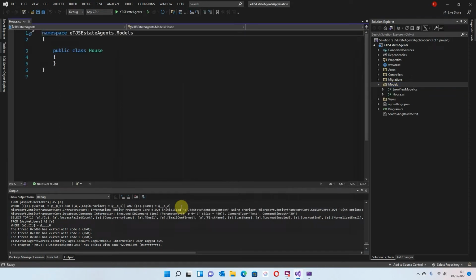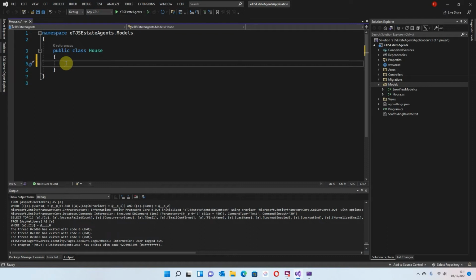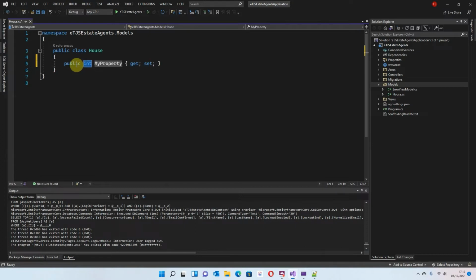And that now creates a class called house. Now, in order for me to proceed, I'm just going to start by setting up some variables. Some of those variables are going to be quite generic, so we need to use those. So the first one I'm going to use is a generic one. I'm going to use prop as we've shown you before, so prop tab, and I'm going to create one